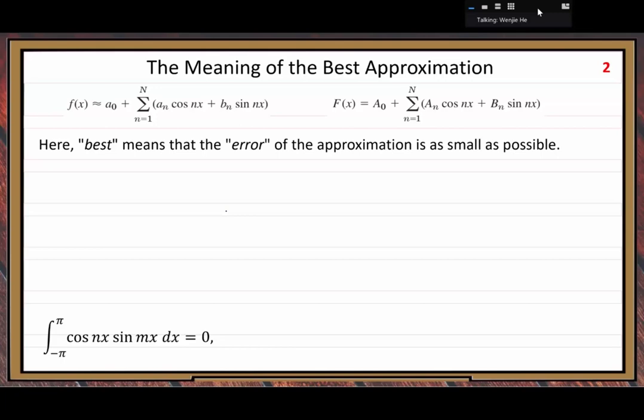So now we need to calculate the error part. How to represent error? The little f function is the original function, not the partial sum. For the partial sum we need to use a different notation. So the little f function is the original, and then the capital F function is the arbitrary function